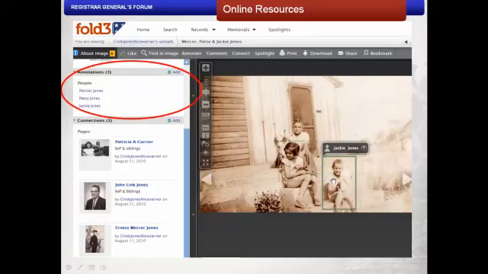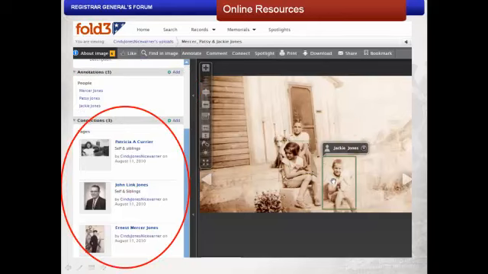This photo has 3 annotations. In this case, boxes were drawn around the individuals in the photo and their names were entered for identification. Hover the cursor over the person and their name pops up. Connections can be established between documents or memorials. In this case, this image is connected to 3 memorial pages. These are just a few of the features that are available for Fold3 records. Explore Fold3 and learn more, then start collaborating.